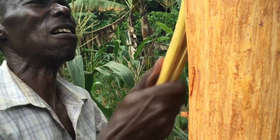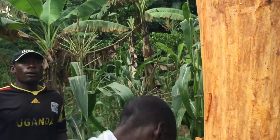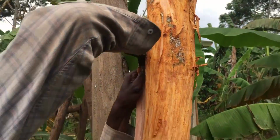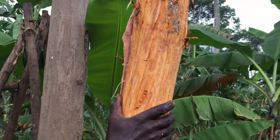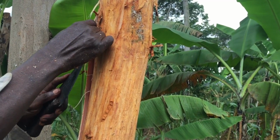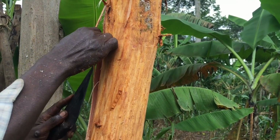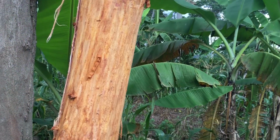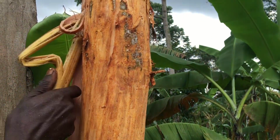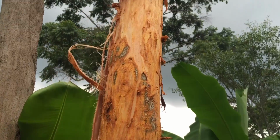After that, a sharpened machete is used to score down the outside of the bark, only going in a centimetre or 2 centimetres, so it doesn't damage the inner bark of the tree, which would then kill the tree. So it's very precise. Once they do that, they use like a part of the stalk of a banana tree,